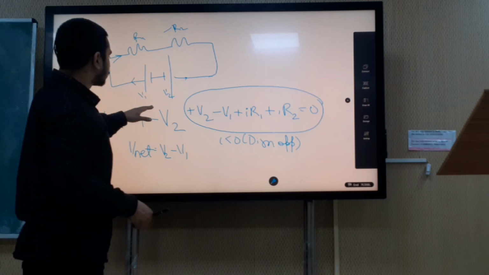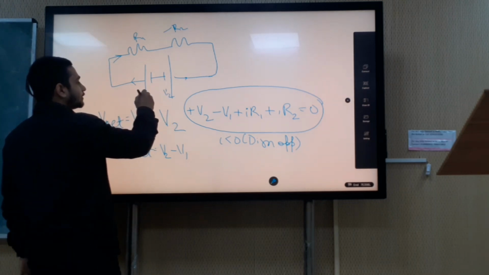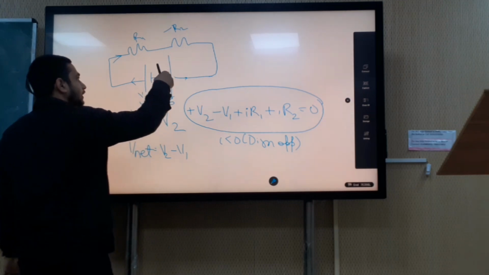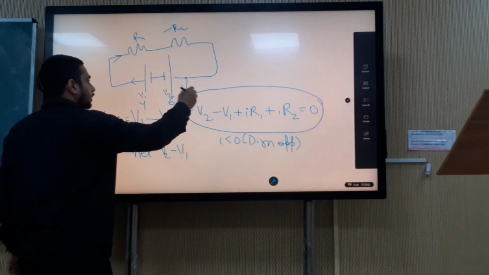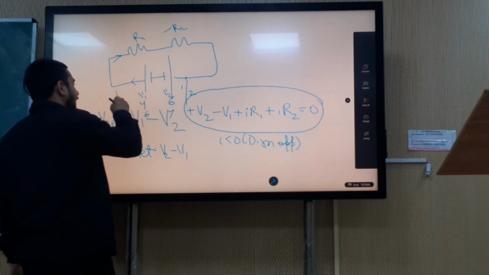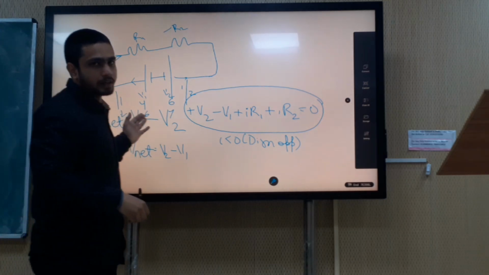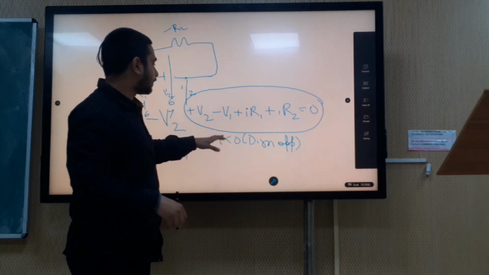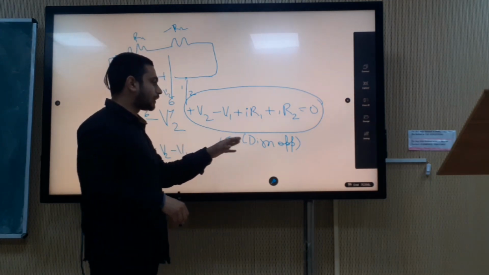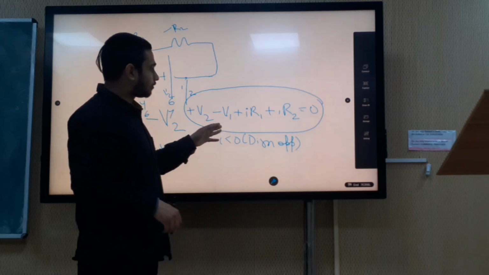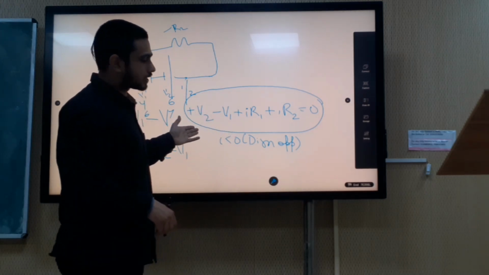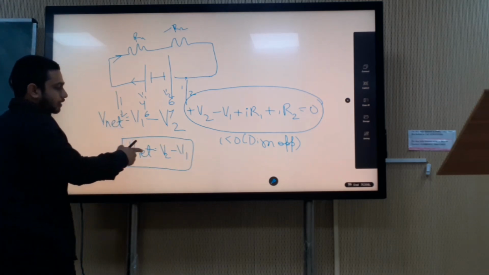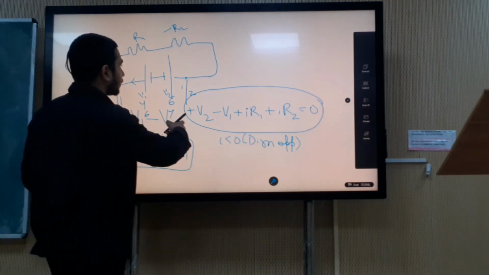We can also see, if V2 is more and V1 is less, suppose this is 6 and this is 4, then the net current will be in this direction and 2. This we can also do, but on the safe side, if more batteries are there, we solve it like this: if the current is negative, then the direction is opposite, and if the current is positive, then the assumed direction is correct. Like this, in the case of series batteries, V2 minus V1 or V1 minus V2.